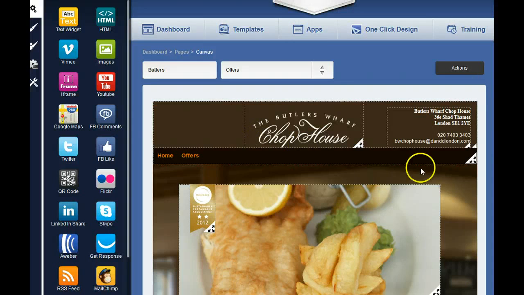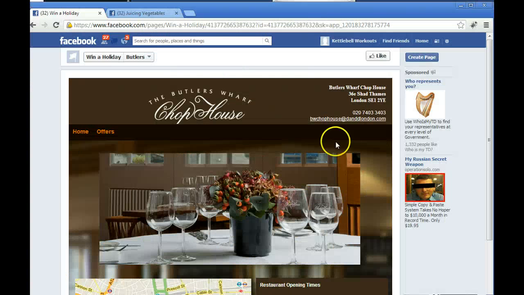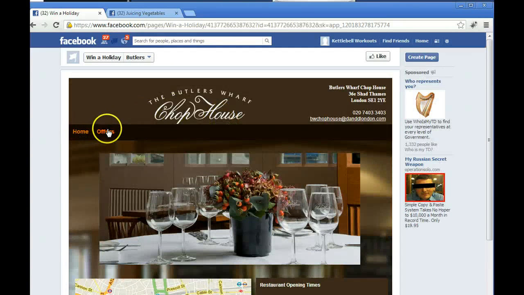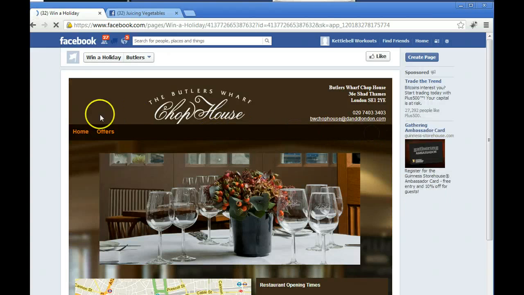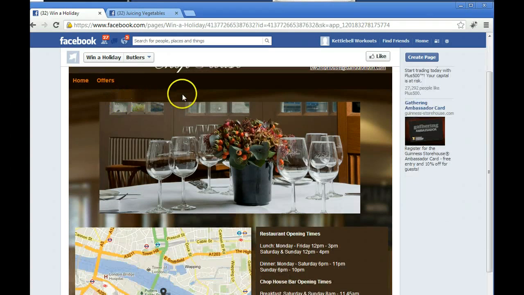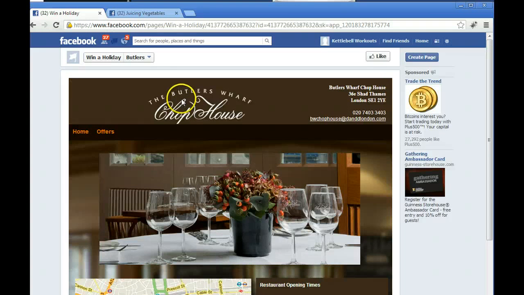Now everything's going to be saved together, and I'm just going to show you in another browser here what this looks like. So someone goes to the page, that's fine. They see the nav bar here. Now you could have loads of pages here. You could recreate an entire site for someone. And the advantages of that are you can hook in all the stuff like the different Facebook functionalities that we have in the widgets, but also if you're driving